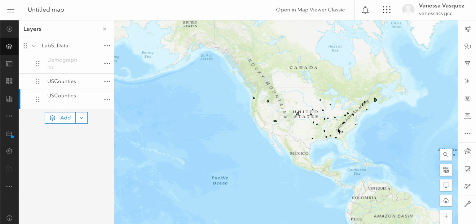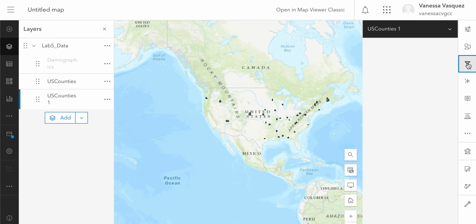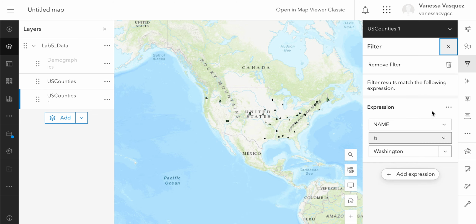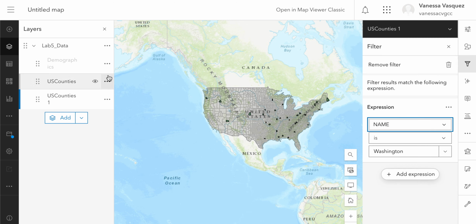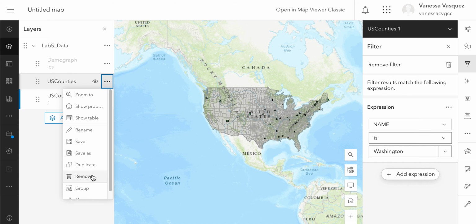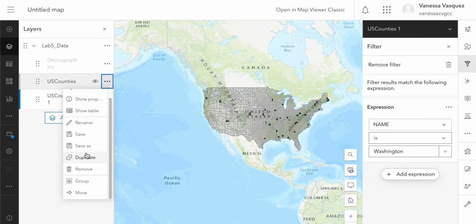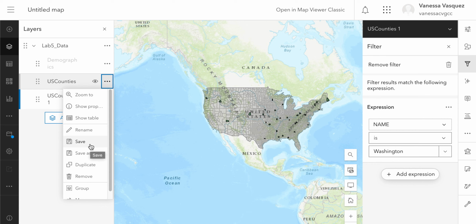Here we have it updated to showing counties. Our name is Washington. And then you could save this layer and update it to how you have it here